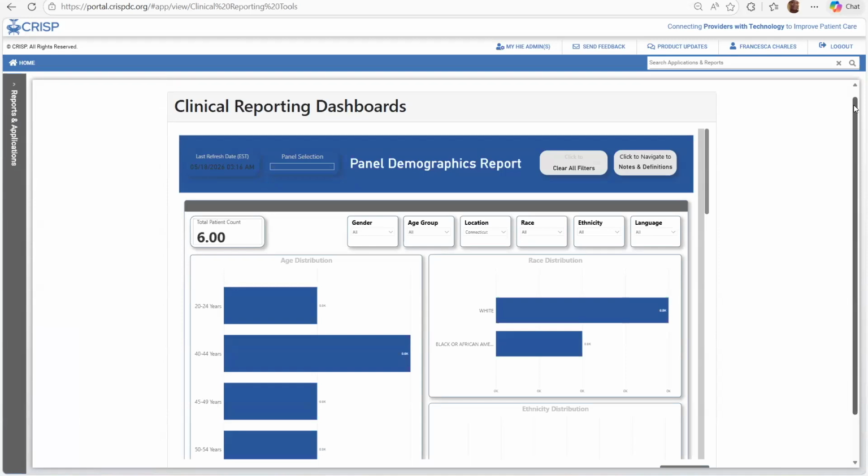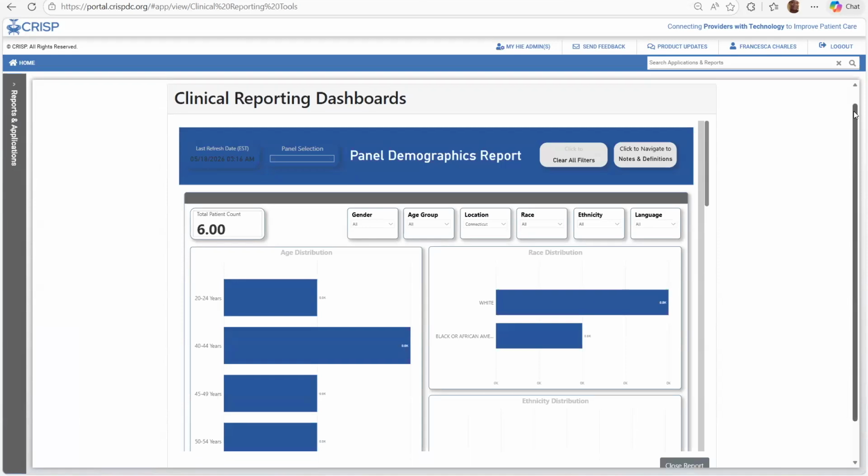This is a new tool, and so we are currently updating the look and feel of the dashboard. There are additional features that we're also adding in each of our reports. Currently, what you're seeing here at the top is our last refresh date and a panel selection functionality, which we would really love to have available in the reports to allow users to select between panels. There are organizations that have multiple panels, and so we would love to be able to offer that functionality